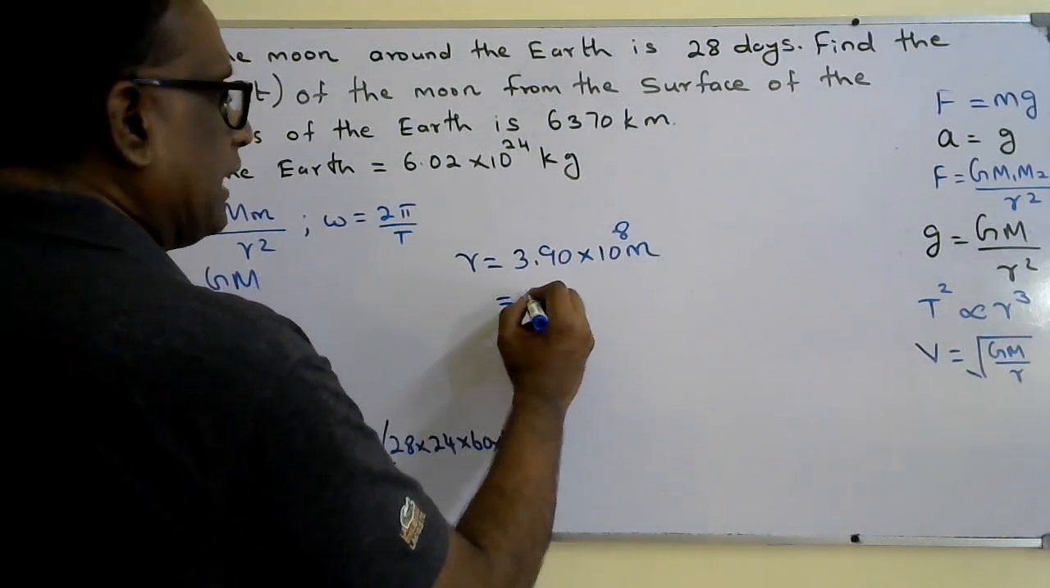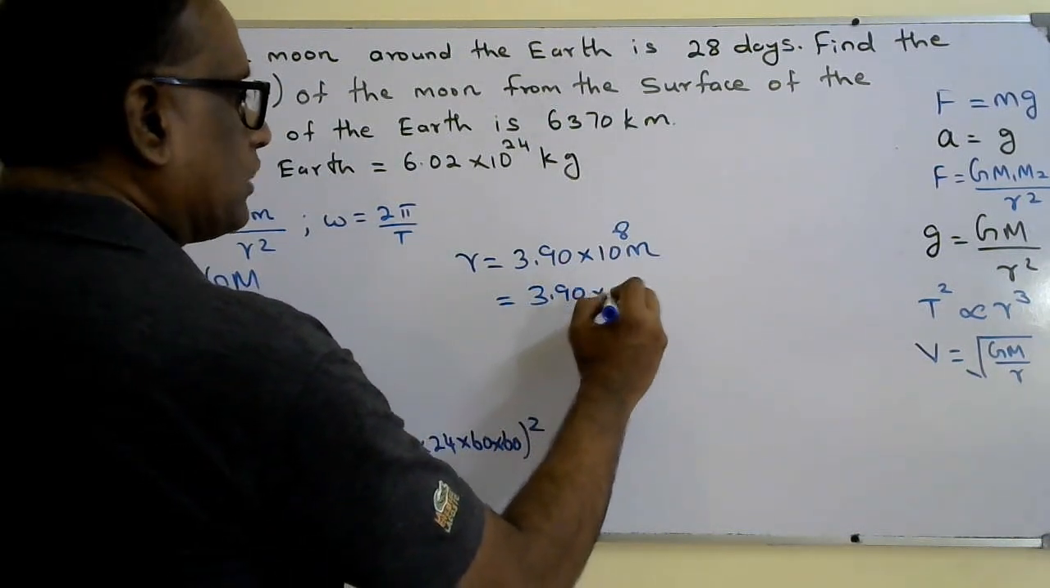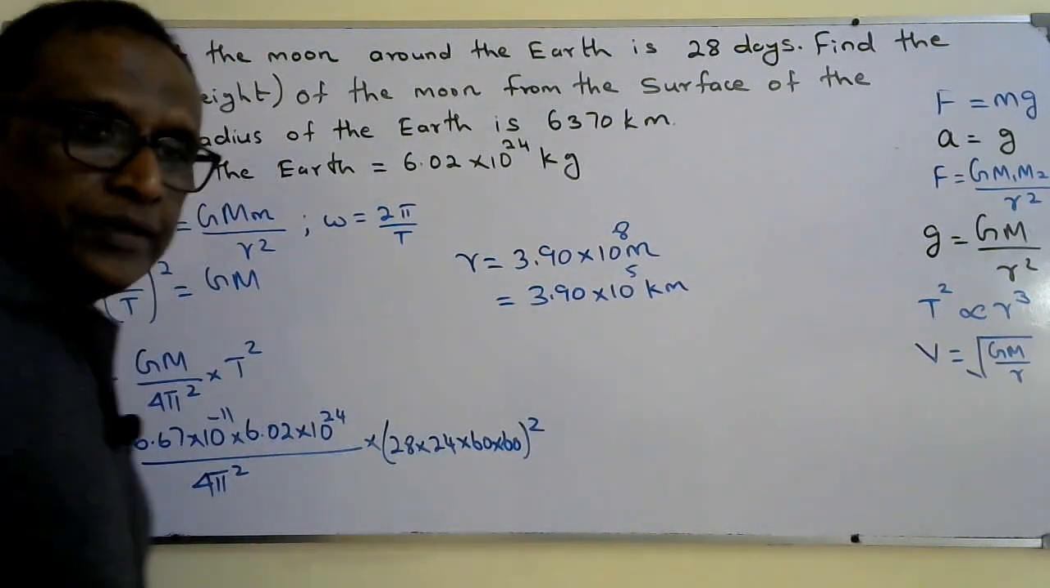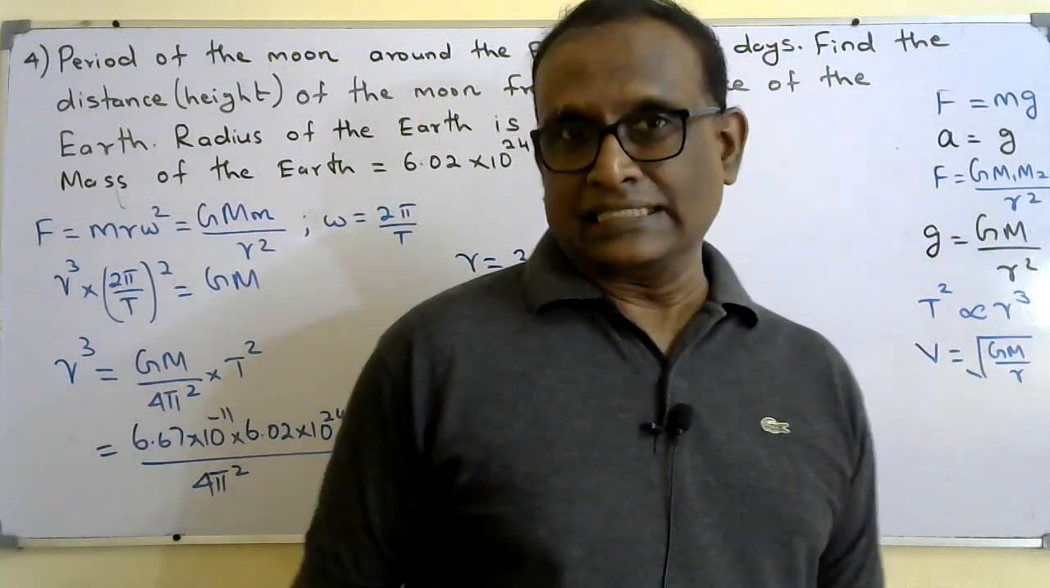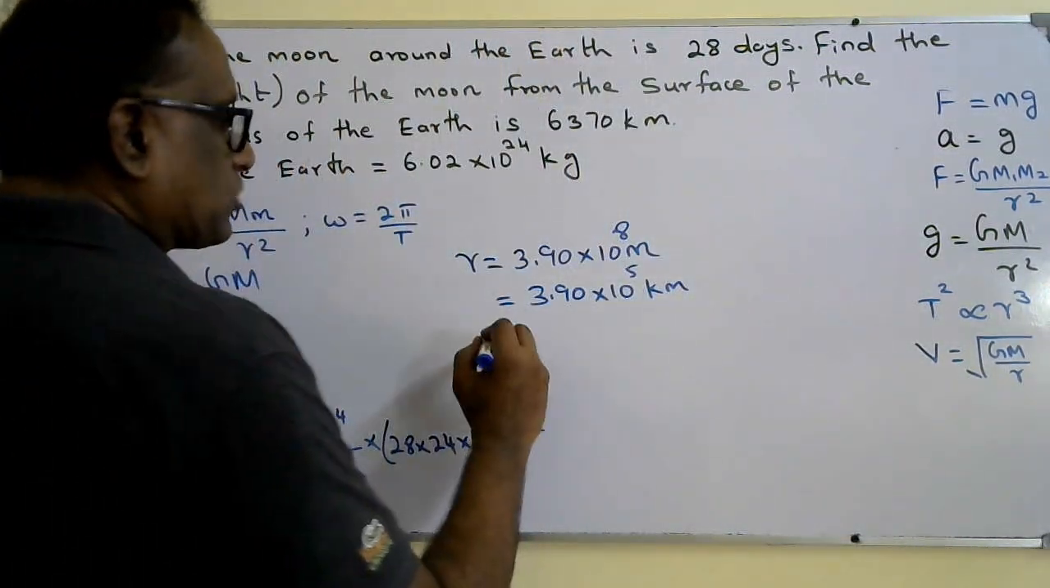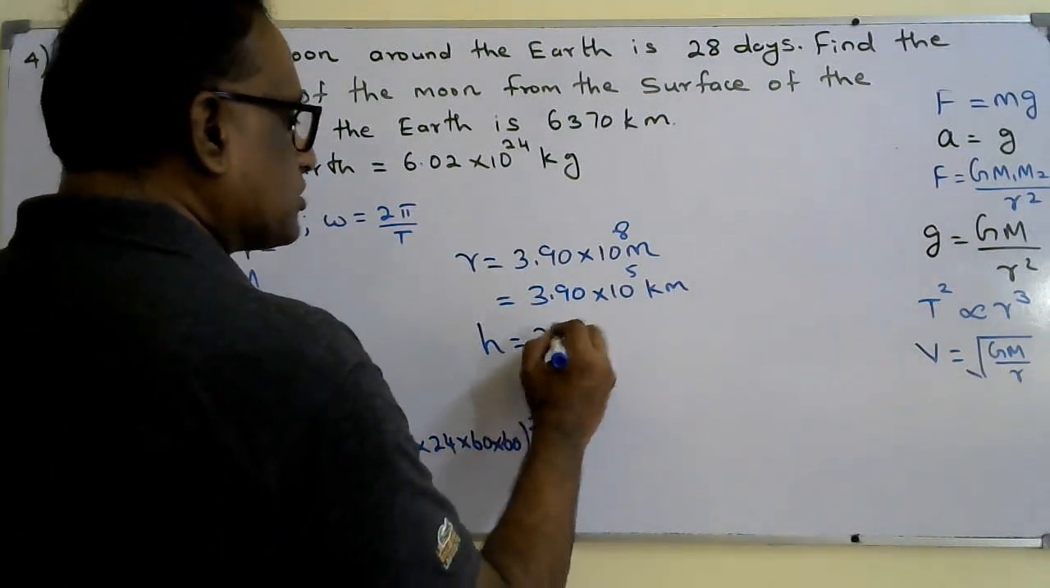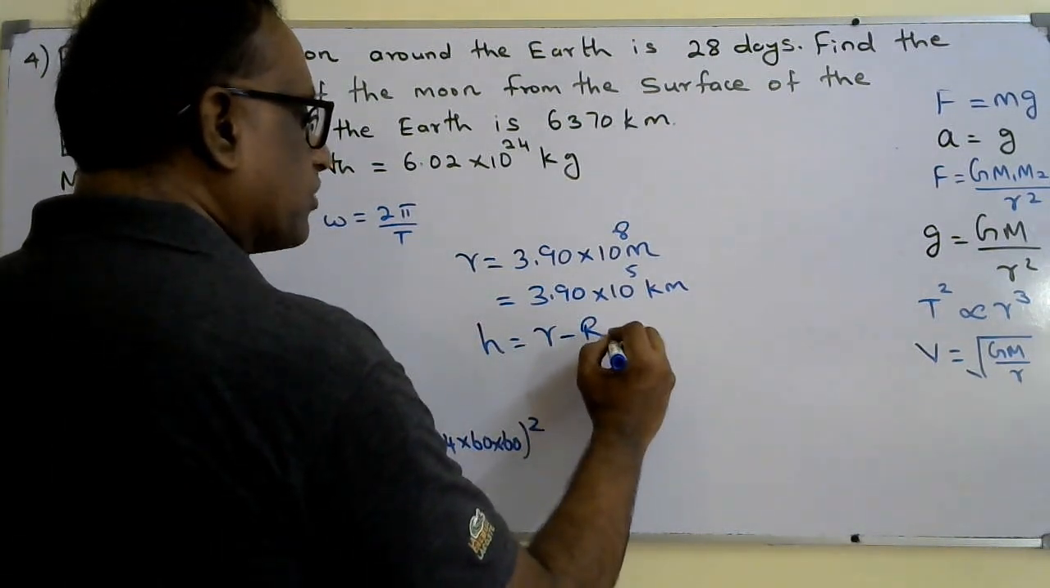In kilometers it will be 3.90 × 10^5 kilometers. So that's the radius of the orbit of the moon from the center of the Earth. The height of the moon is the question. So the height of the moon from the surface of the Earth is the radius of the orbit minus the radius of the Earth,